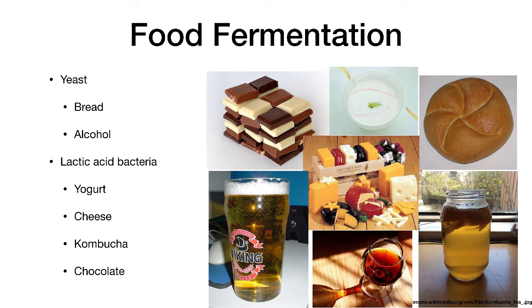Microorganisms often take nutrients we give them, such as milk, grape juice, or malt, and convert them into products we value. These conversions require multi-step chemical reactions, each one catalyzed by an enzyme. Yeast species, mostly part of this genus Streptomyces, are used in making bread and in fermenting alcohol, while lactic acid bacteria, a large group of related organisms, find uses in the production of yogurt, cheese, kombucha, and even chocolate. I bet you didn't know chocolate was a fermented product. We are now going to dive into the details.